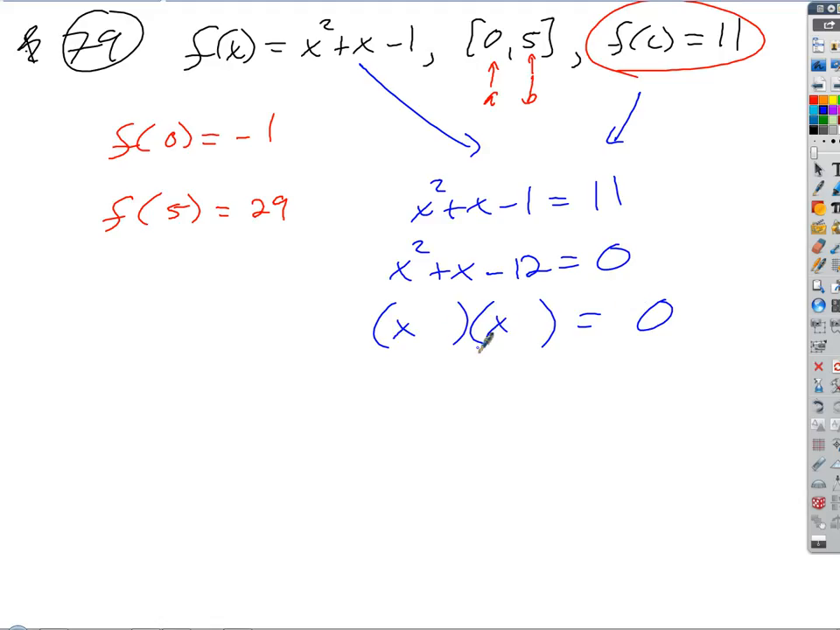X is positive, plus 1. So what are my solutions? 1 positive 3. Okay, so which of those apply then? 3, not 4, because it's outside of the interval. Okay, make sense? Okay. What about,